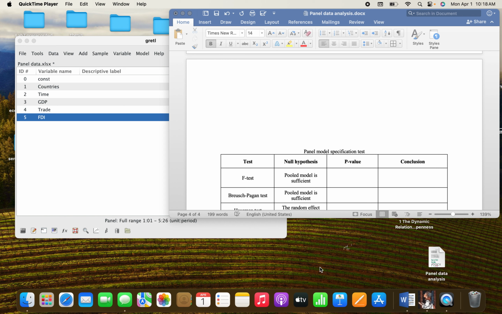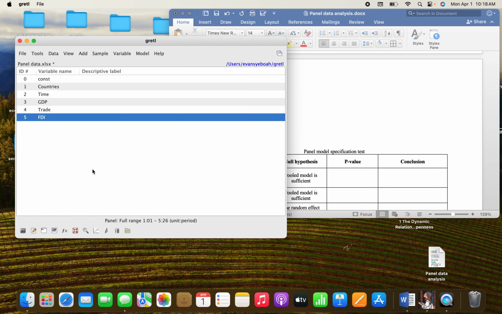Today I'll be estimating a simple panel data analysis. As you know, I've already loaded my data, and as the previous videos show you how you can load your data, I hope you have done the same. You have also loaded your data. Without wasting much time, we can move on to perform the